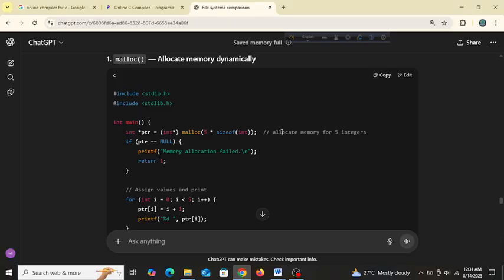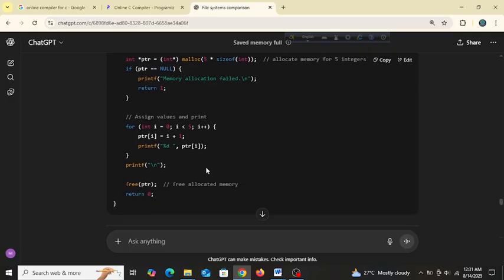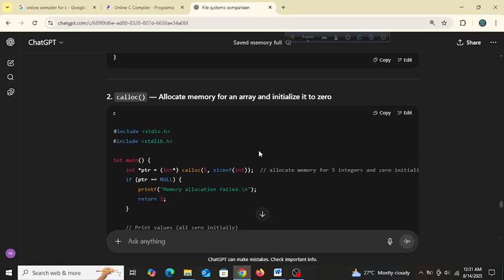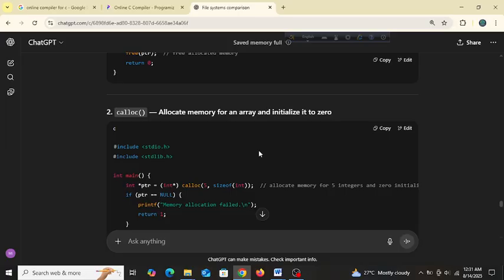So ptr allocates memory for 5 integers. If ptr equals null, then okay, assign values and print. So these are the same thing we saw here. Calloc allocates memory for an array and initializes it to 0.